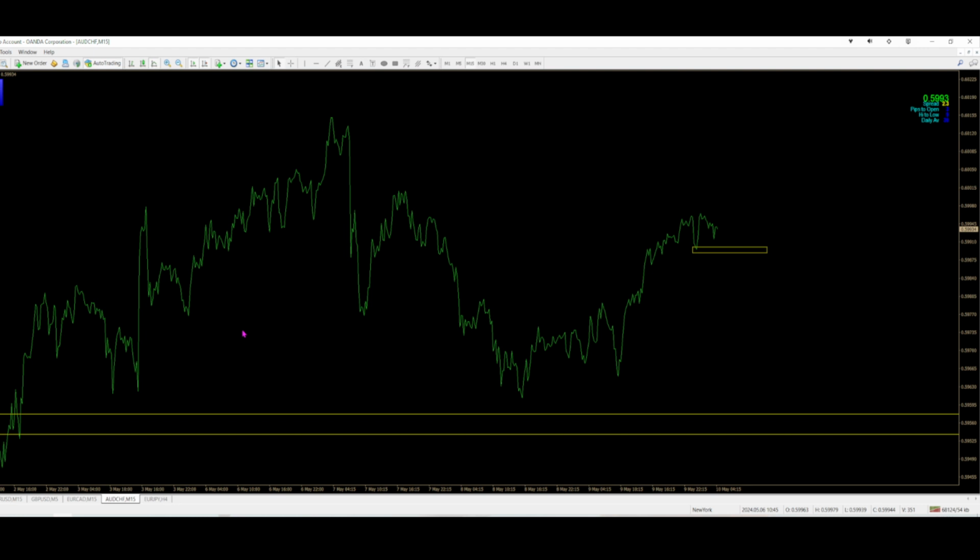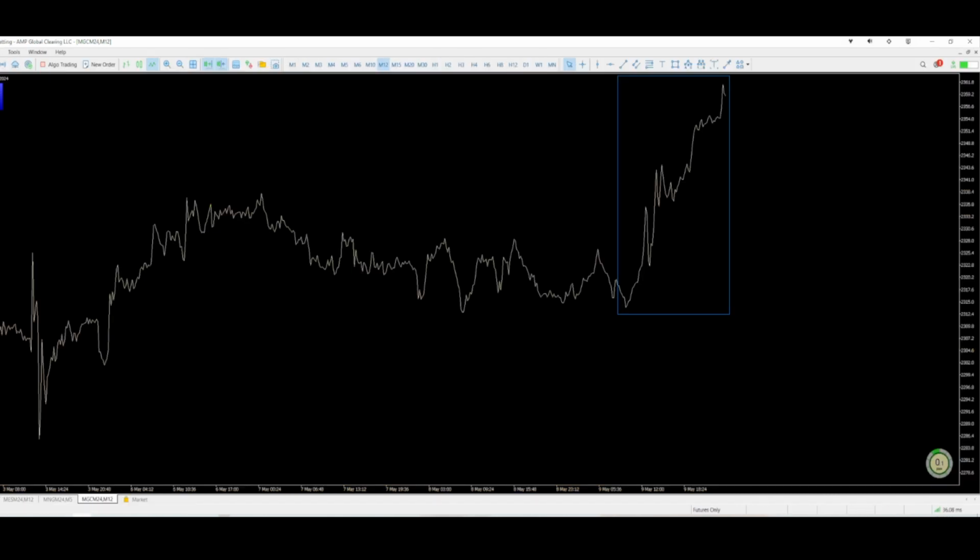But I kept the Aussie Swiss as one of my pairs, just to keep one Aussie, to keep one Asian, Aussie or Kiwi dollar. I chose the Aussie. And as I looked through this pair, I felt it had better structure levels for line chart trading than other ones. So that's how I ended up deciding on this one. So anyways, I will leave it there, guys. I'll keep you posted on this euro yen, see what it finally ends up doing. And as we continue to experiment with these futures and using a little bit higher time frame, I will keep you all posted on that too, and see how those trades work out.